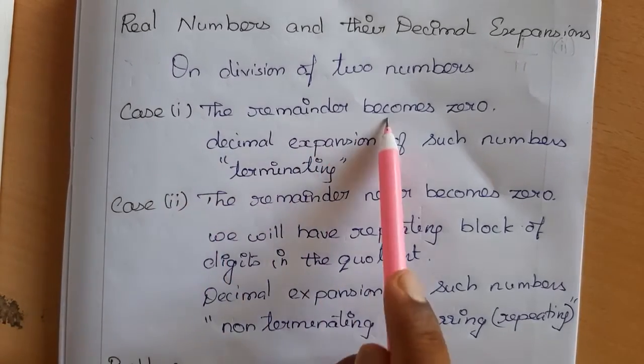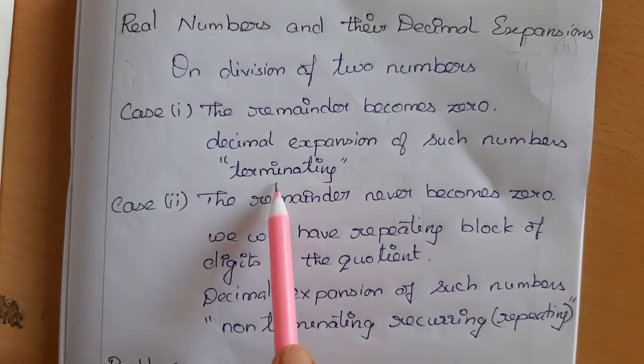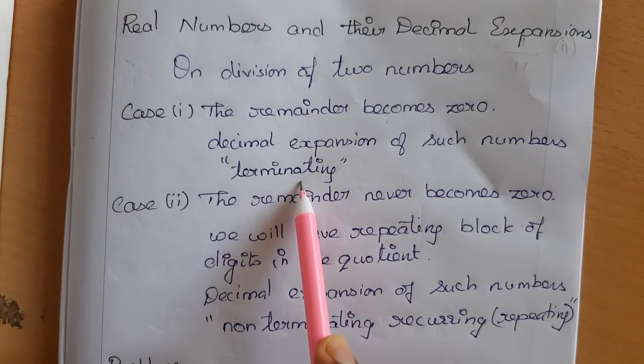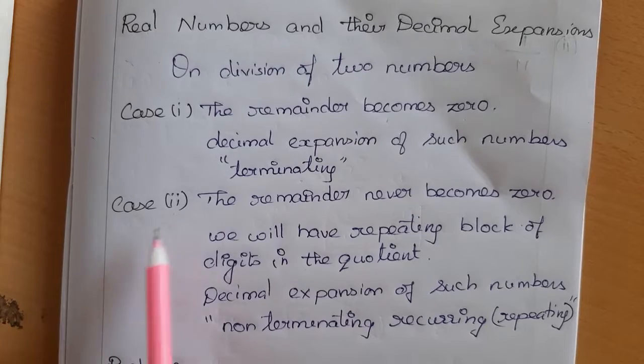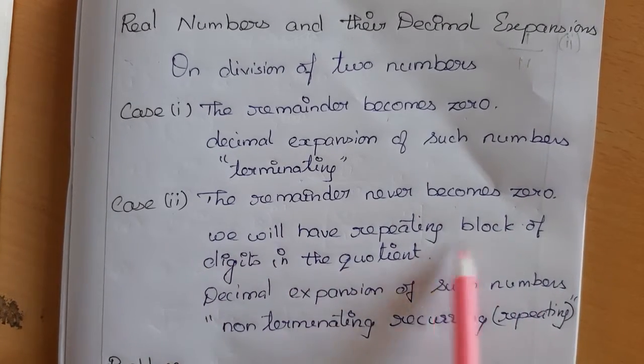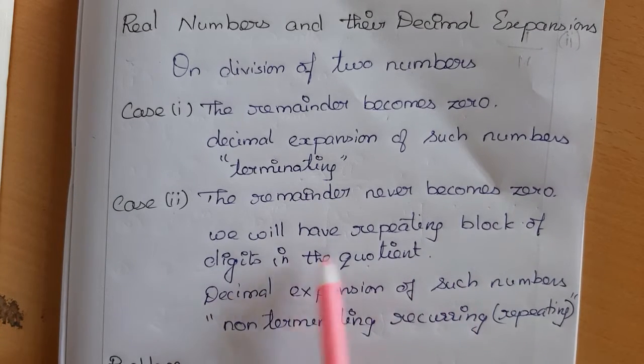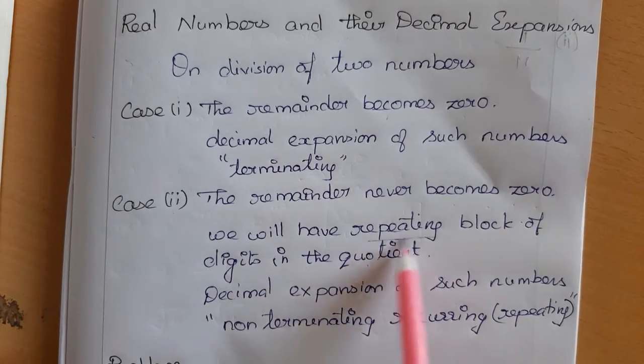Case 1, the remainder will become 0. Then the decimal expansion of such a number is terminating. So the decimal will terminate. Case 2, the remainder will never become 0. We will have a repeating block of digits in the quotient. So if the remainder does not become 0, you can notice that there will be a repeating block of digits